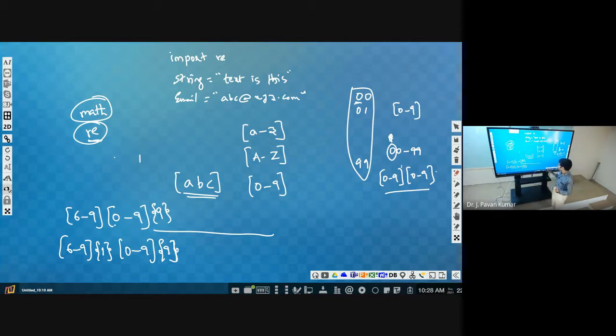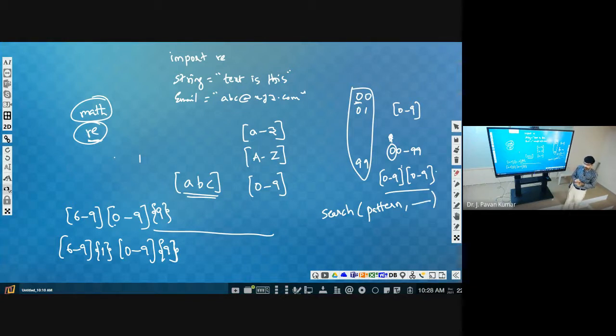We have a function called search. As it is a function, we will have parentheses: search. Then the pattern we should give. Pattern in the sense of regular expression. Pattern is nothing but the regular expression. Then the text, email or string, whatever.